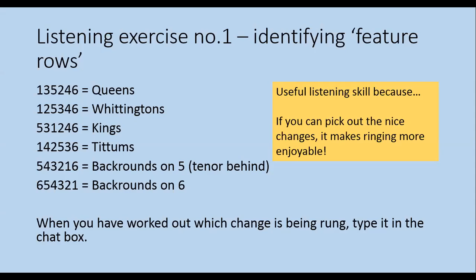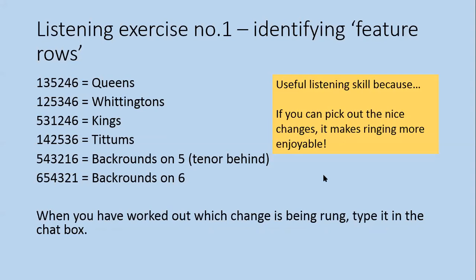And once more, answers in the chat box. Yes, so that one was King's. Yeah, so in slight contrast to Whittington's earlier on. So King's with the odd numbered bells, 5, 3, 1, and then the even numbered bells, 2, 4, and 6. Okay, so what we're seeing there perhaps is that